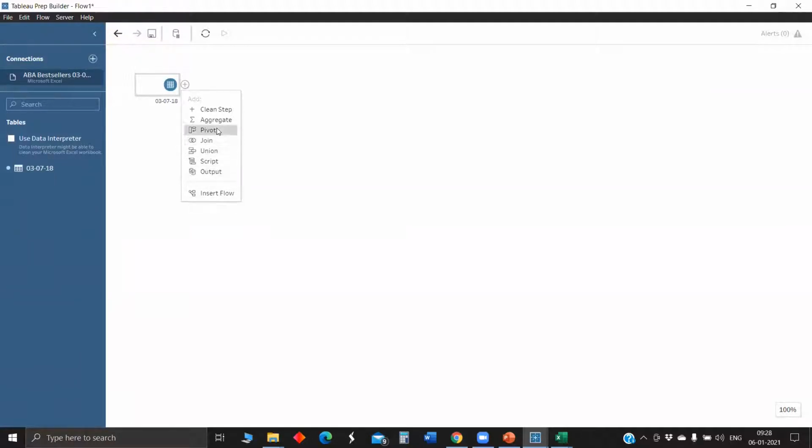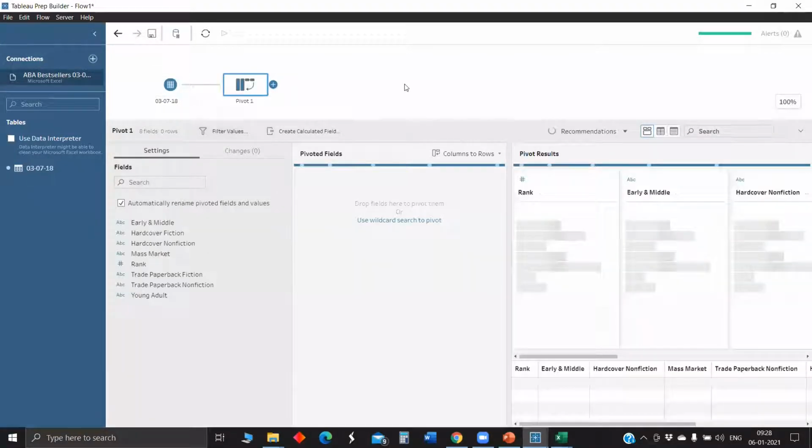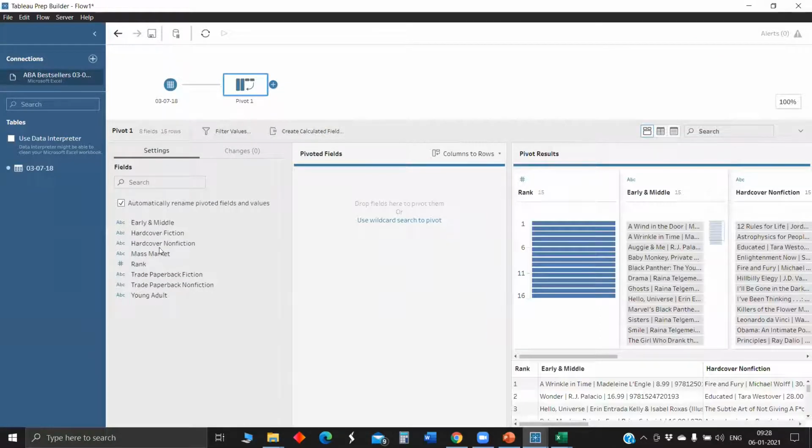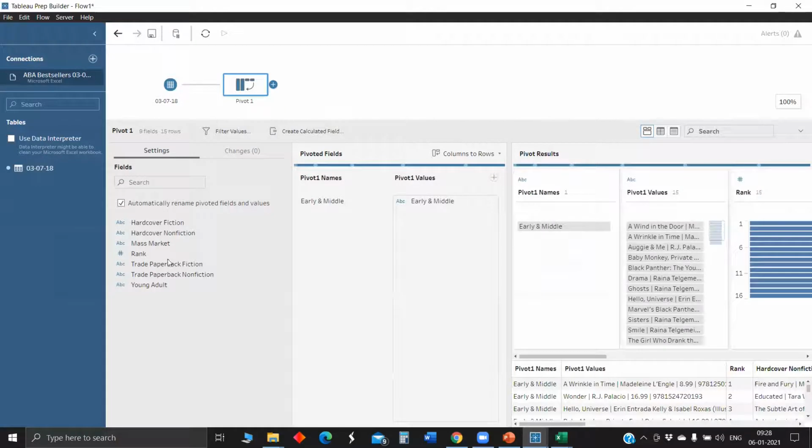Now we will try to pivot here. Once you give pivot, whatever fields are there in the data source will pop up on the left, and whichever fields you would like to use, you can just drop here. And pivot names and values. Here I would like to pivot all except the rank.